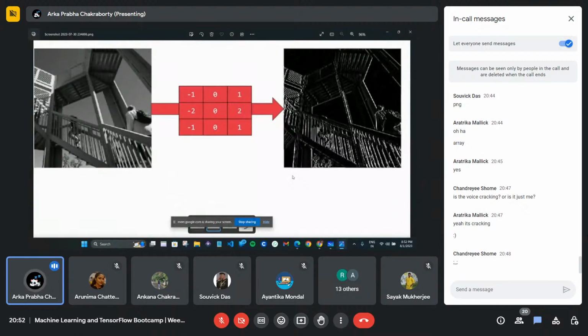When you apply this matrix on the overall image, if you consider it a 128 by 128 image, height and width being 128 pixels, my kernel will start somewhere from here.